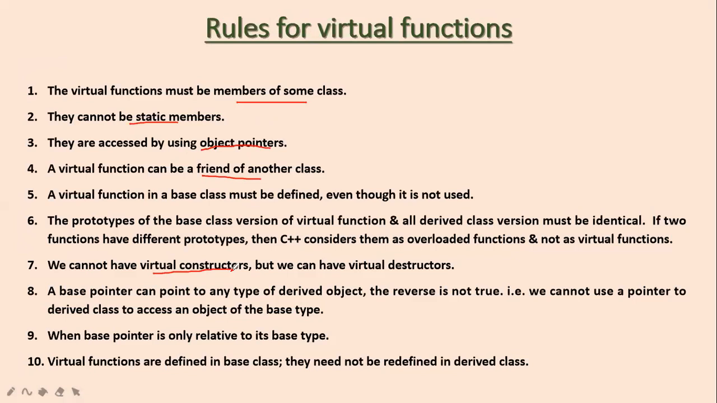Now, a base pointer can point to any type of derived object. The reverse is not true. We cannot use a pointer to the derived class to access the object of the base type. And the base pointer is only relative to its base type. Virtual functions are defined in the base class and they need not be redefined in the derived class. Means if you are using the derived, if you are using